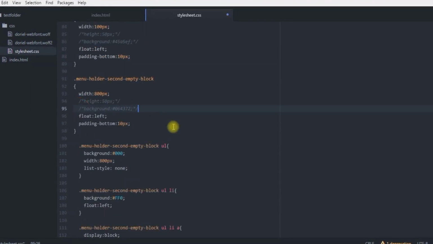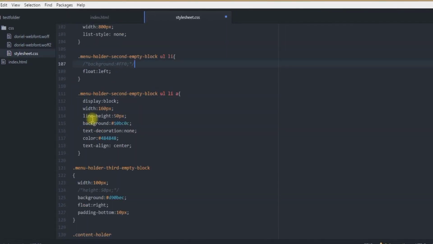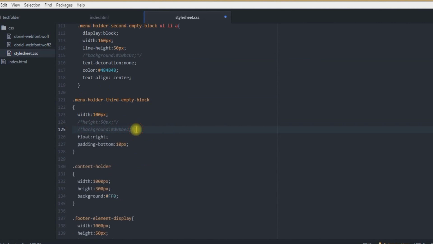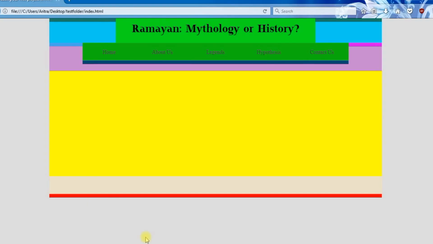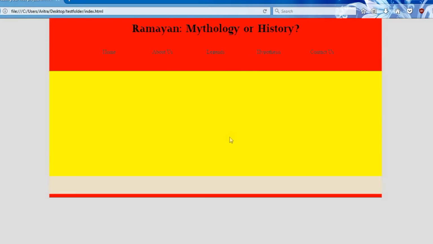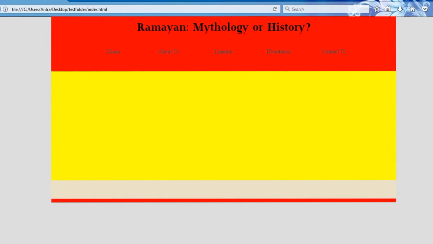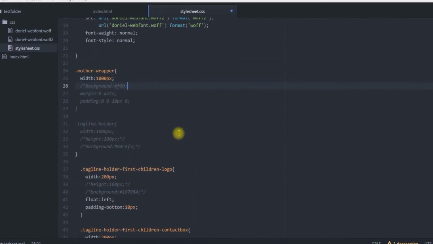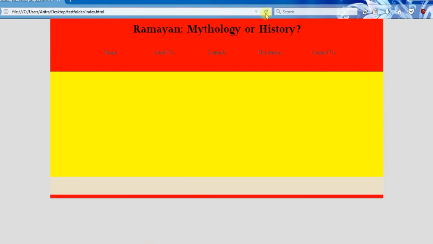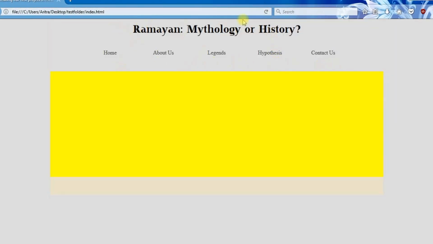And we don't need these backgrounds over here. We are just commenting all these things out. So the remaining thing is I'm just pressing Ctrl S and getting back to our project, and we reload. And we see that all those backgrounds are gone. Now if you just remove this mother wrapper background, all you need to do over here is to remove this mother wrapper first, come back, reload, and you see that this background is also gone.